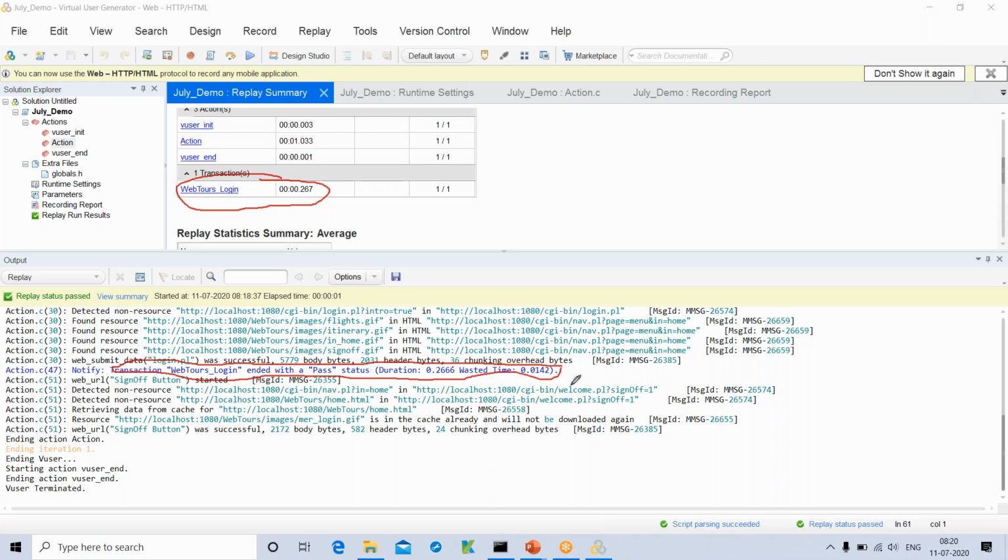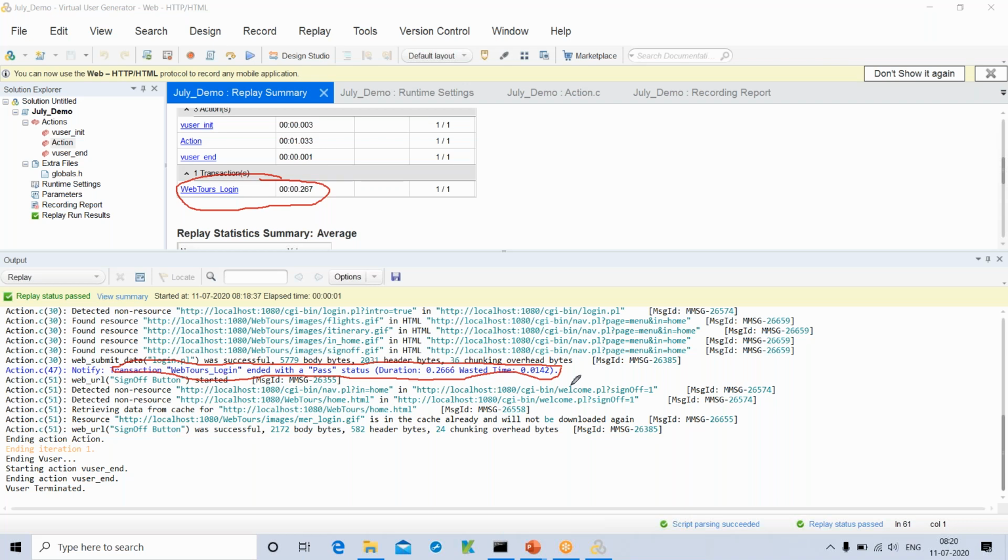Now you might get a question like, what is the standard time that we should accept? The basic industry standard response time for any web application is 2 seconds. If it is greater than 2 seconds, that means the application is a little slow. Here, what is the response time that we got? 0.2666, or 0.2667, which is less than 2 seconds, right? So that means this application is performing better. This application is quick. That's how we can conclude. If it is greater than 2 seconds, then we can say the application is a little slow.